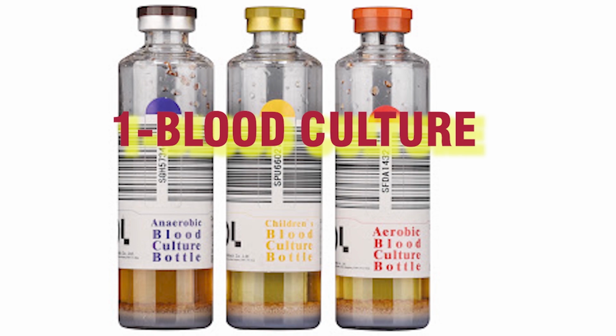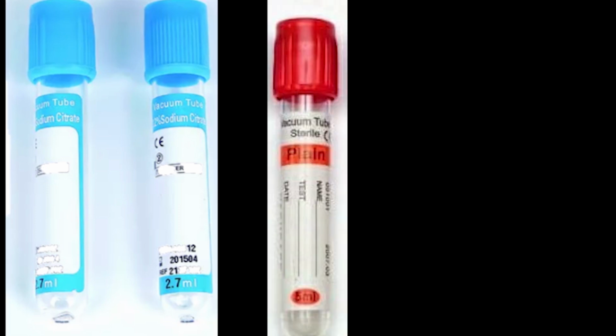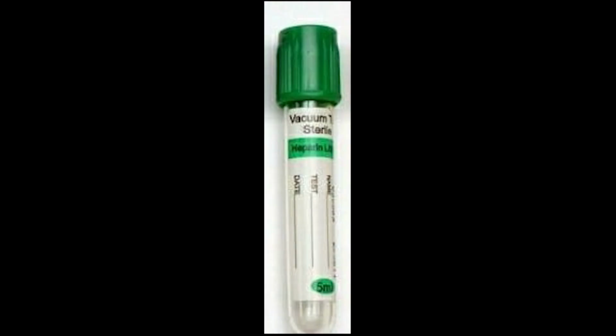All the anticoagulated tubes must be mixed gently for 10 seconds. No vigorous mixing is needed as these movements can lyse the cells. Samples should be labeled immediately after collection, never labeled before collection, as this can lead to sample mismatch. If a sample is not collected from a patient for some reason, the next patient's sample can be added to these labeled